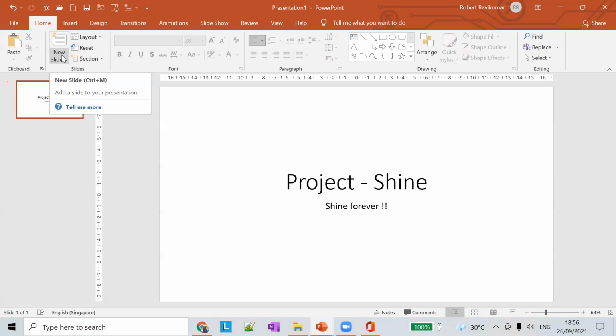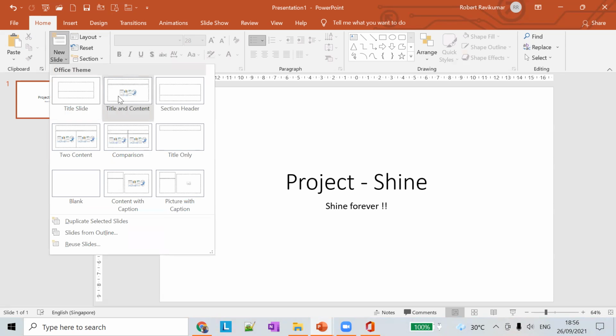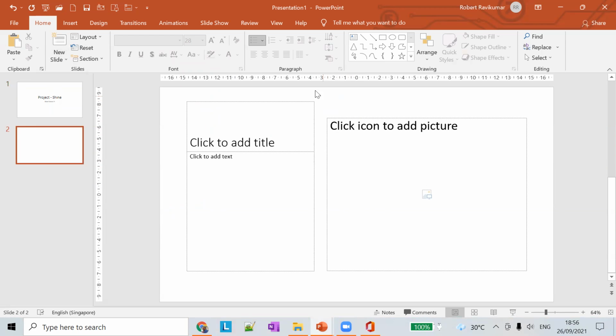What you are going to do is click the drop down menu, which is the bottom half of this big button. Click on it and you will see different layouts here. The title slide is the default slide that was added, and we can see different layouts you can choose when you add a slide. Okay, so we'll choose a picture with caption.